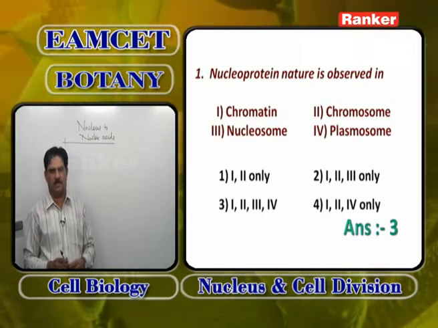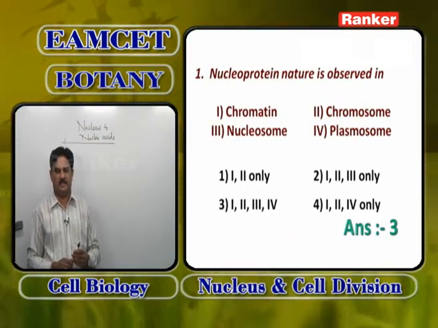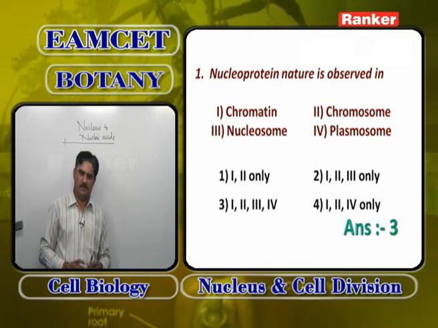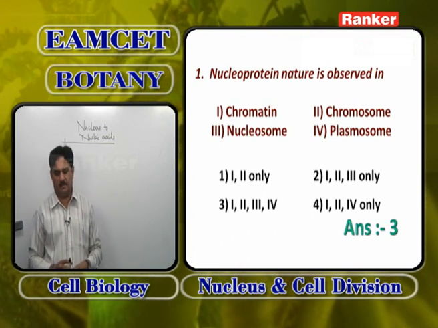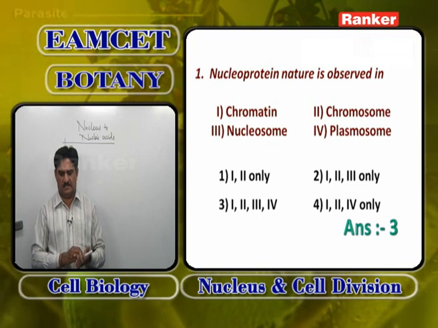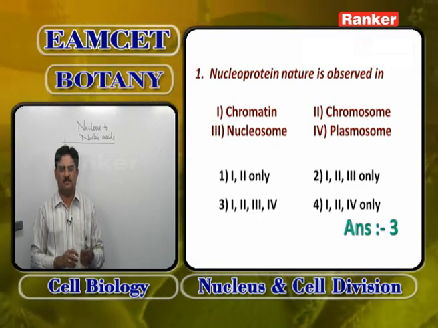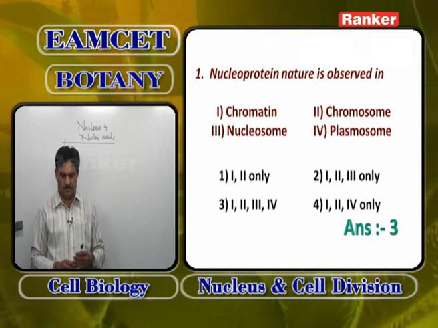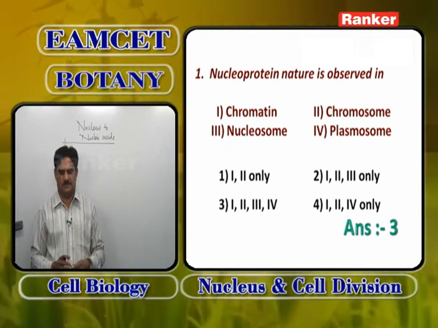Nucleosomes are basically made up of nucleoproteins, which were discovered by Audet. And plasmosome is nothing but nucleolus, discovered by Fontana, and plasmosome or nucleolus also shows nucleoproteinous nature. So answer is 1, 2, 3, 4. So nucleoprotein nature is observed in chromatin, chromosome, nucleosome and plasmosome,